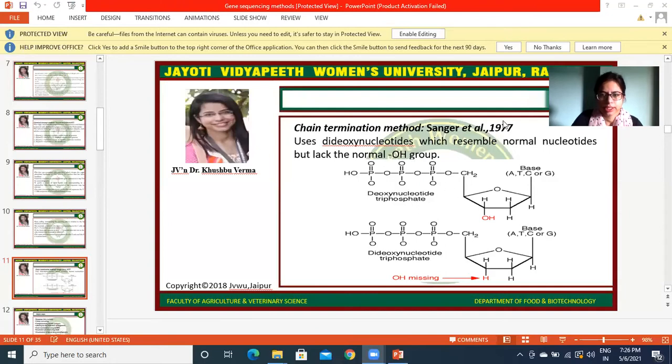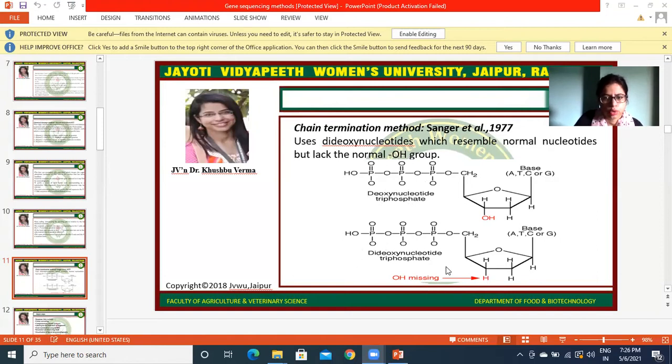Here you can understand it more by this diagram of the chemical structure and chemical differences. What is the basic modification? Here you can simply see this is deoxynucleotide triphosphate, which has an OH group at the 3' end. But in this reaction, this 3' OH is missing.